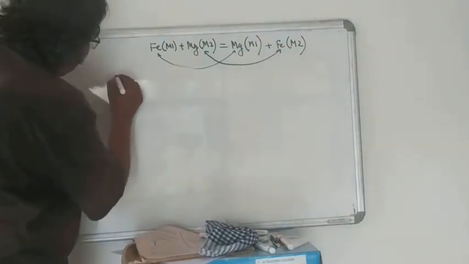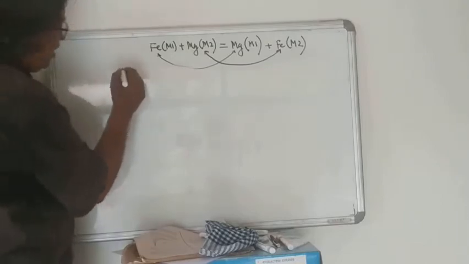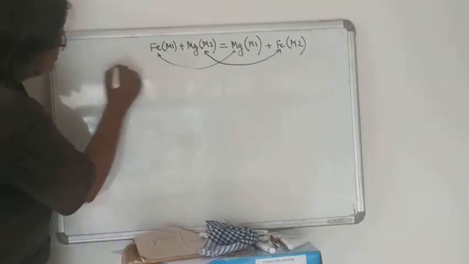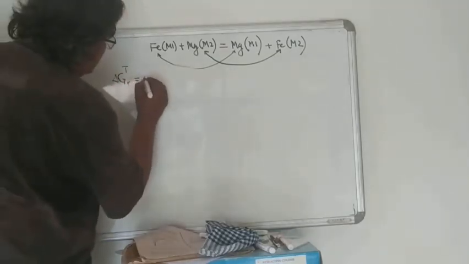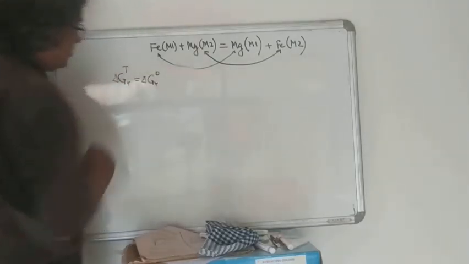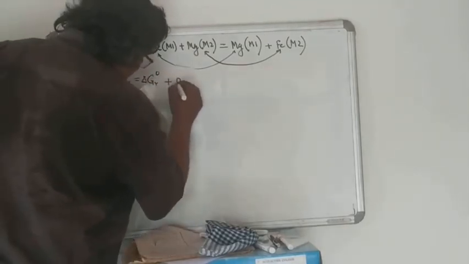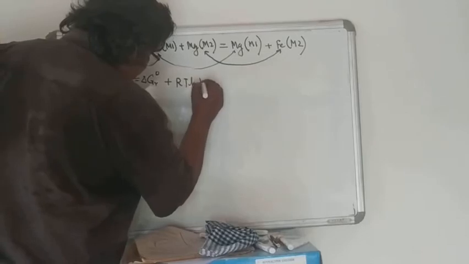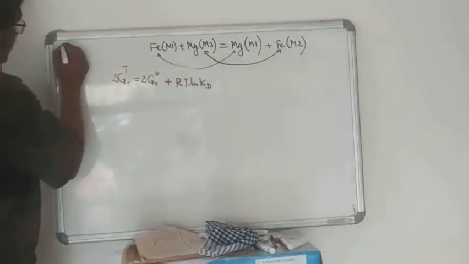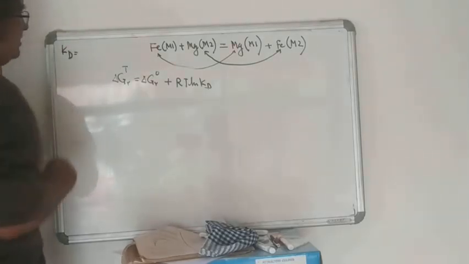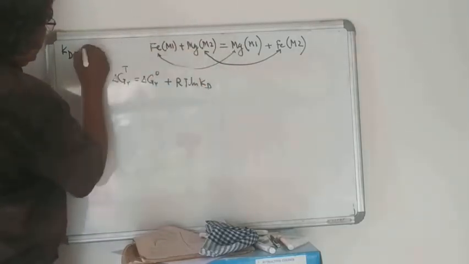So you have delta GR of the reaction, obviously at a particular temperature. I'm ignoring pressure because that effect we have taken out. And this will lead to delta G R0 plus RT ln KD. What is KD? Now immediately you can write down KD. This is not a physical class, although I've asked you to detail it. It would be